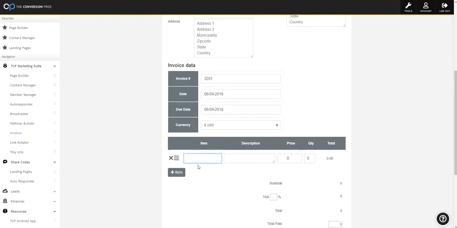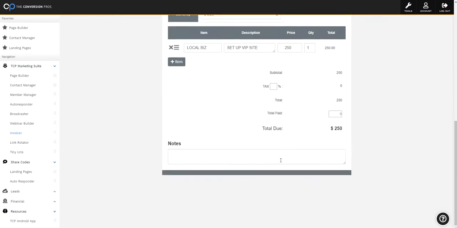And then you have local biz, item local biz setup VIP site. And let's say you want to charge them $250. Quantity 1. If you want to charge tax, you can or not. Notes, please write check to Joe Blow,